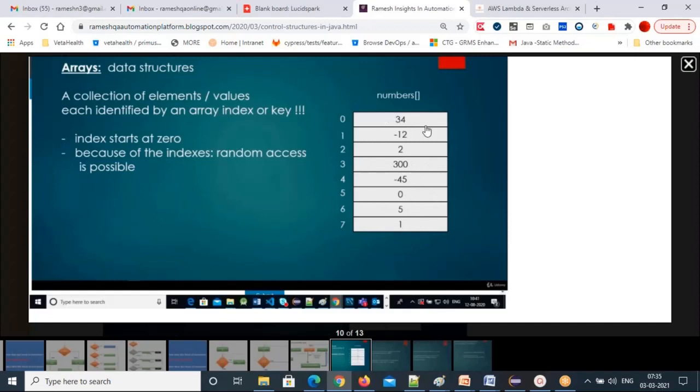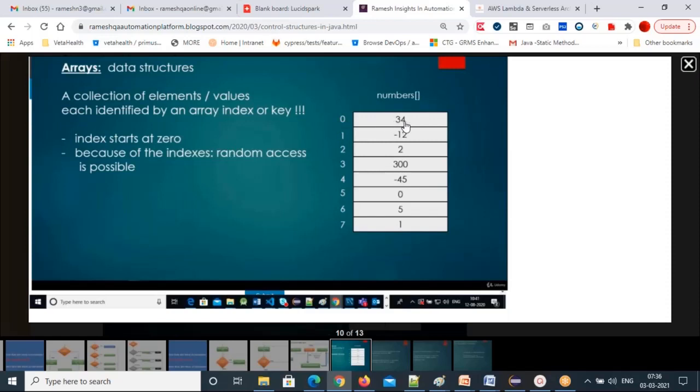These are all the elements in your array. The index number for the first element always starts with 0, then 1, 2, 3, 4, 5, 6, 7. So in total you have 8 elements, but the last element's index is 7. Total length minus 1 is the last element's index. Why? Because 0 also you need to count. The first element index is always 0 only.